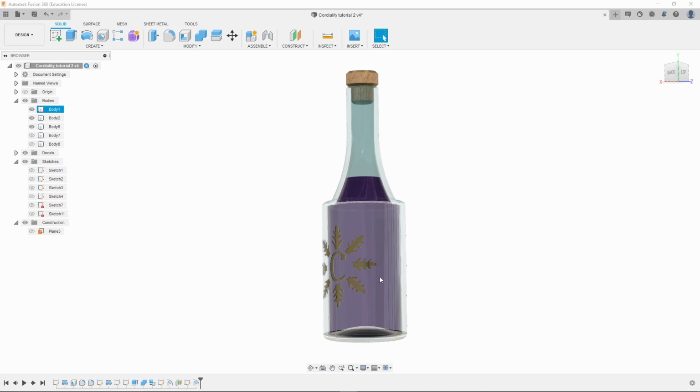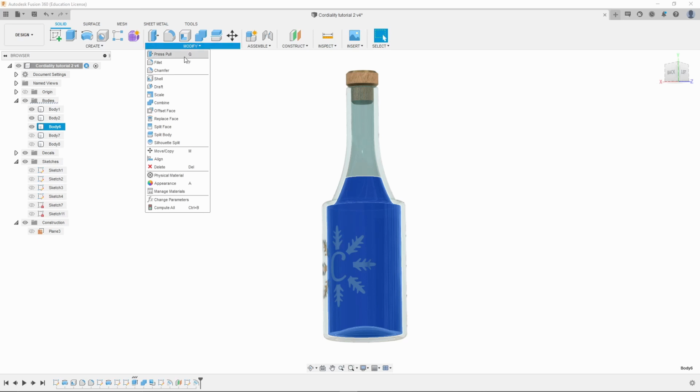So in a real world environment, obviously, if there's a liquid inside the bottle, the liquid would fully meet the glass. But because you've got those two surfaces in the same place, the inner surface of the bottle and the outer surface of the liquid, it's creating some funny effects in terms of how it renders. So let's grab body number 6, and we'll go into the modify menu and we'll go